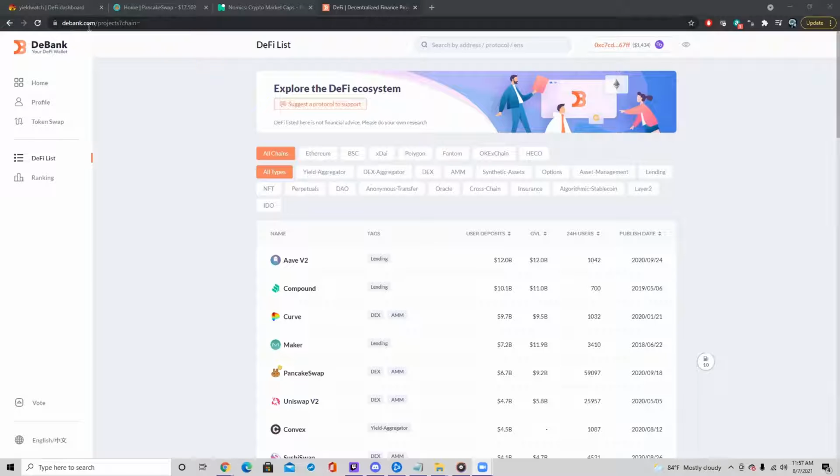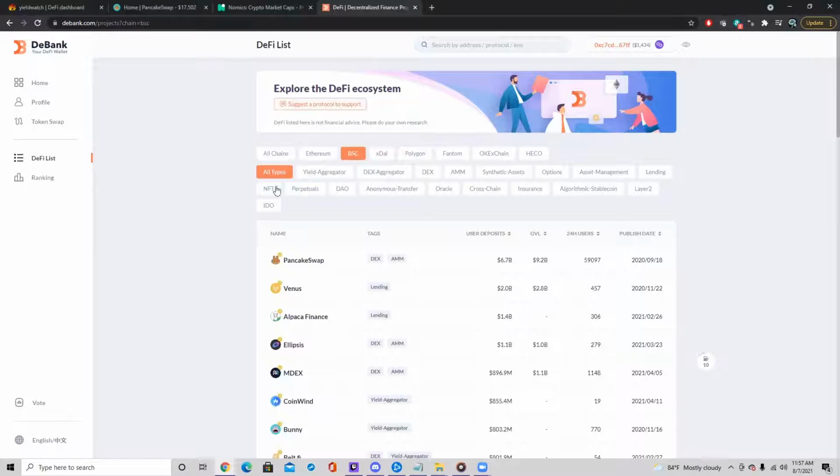This website, DeBank, is really good for taking a look at what the decentralized markets are out there along the whole DeFi ecosystem. So you can select up here what chains you're going to use. Ethereum is probably one of the most popular. I'm going to use Binance Smart Chain here. And as you can see, when you select Binance Smart Chain,